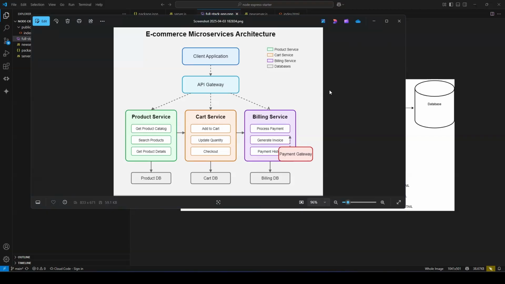So a microservice is one of the boxes. So the product service that you see, the green box, or the orange box for cart, or the purple for the billing, that is one microservice. Inside a microservice, you will have separate APIs, and we will see a code example of this very soon, which will make more sense to you. But yeah,